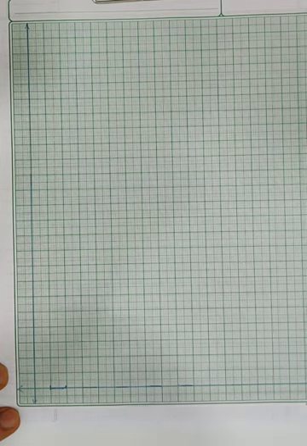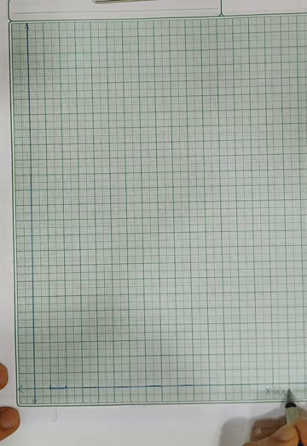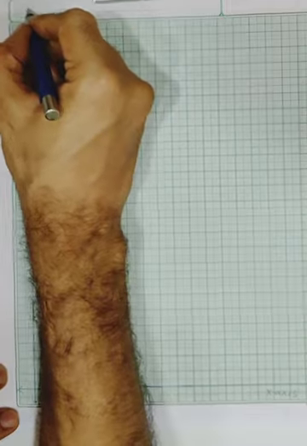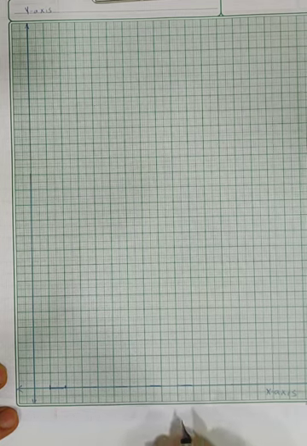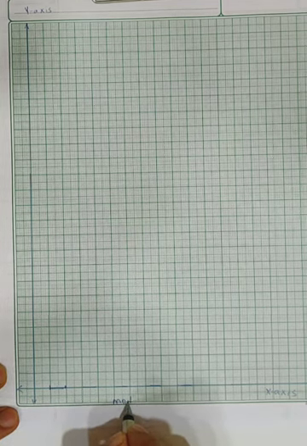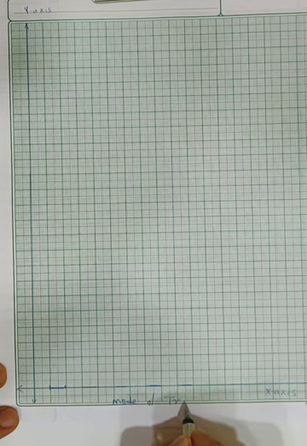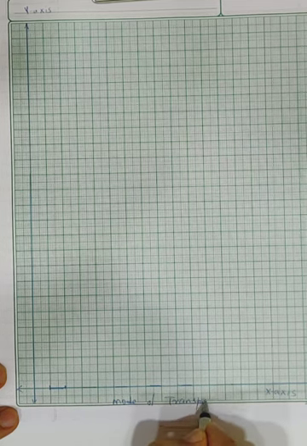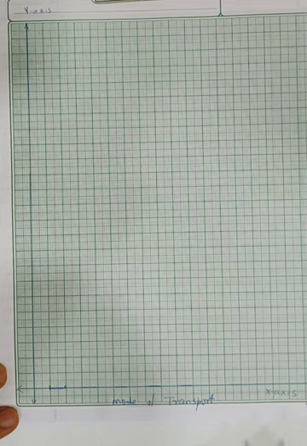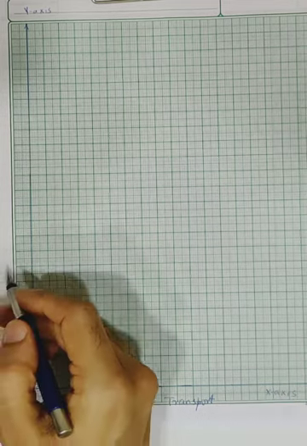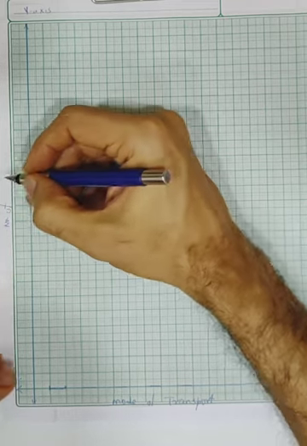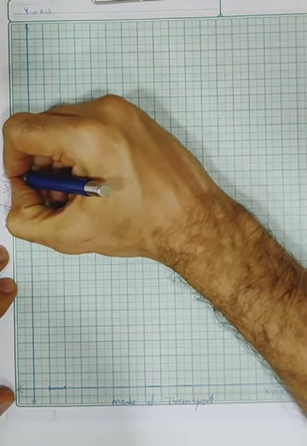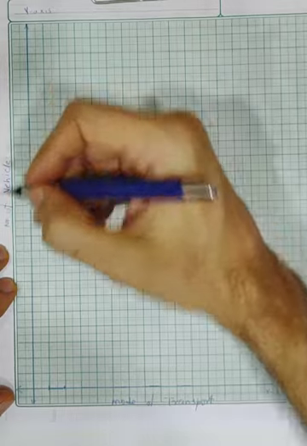So this is your x-axis. I hope you all know what an x-axis is. This is called your y-axis. So that's your x-axis and that's your y-axis. Now here we'll write mode of transport on the x-axis. Then on the y-axis we'll write number of people or the number of vehicles, whatever was given in the question. Number of vehicles, I think.